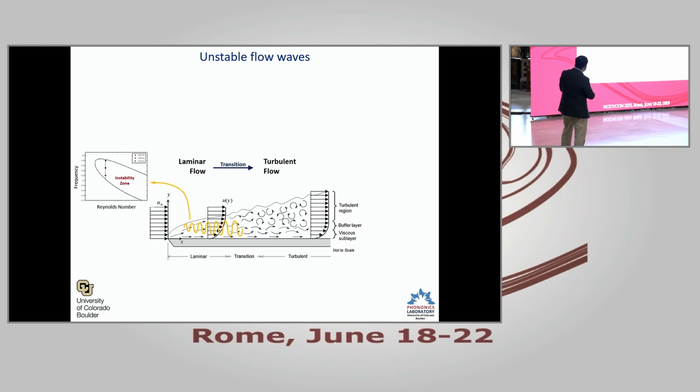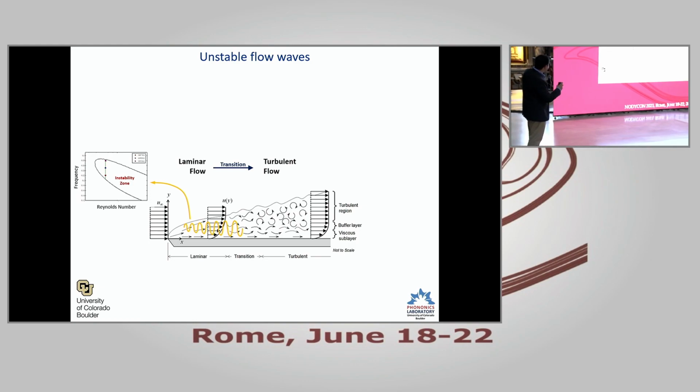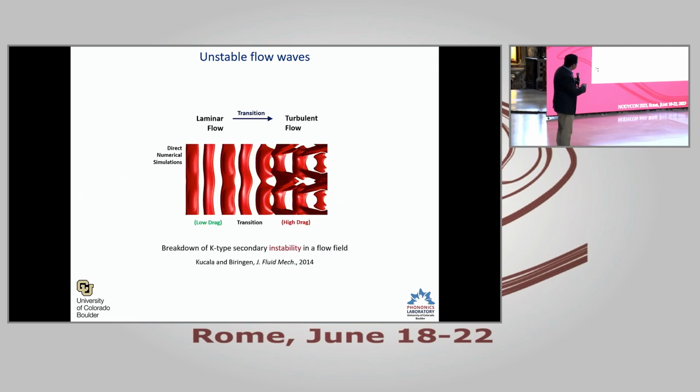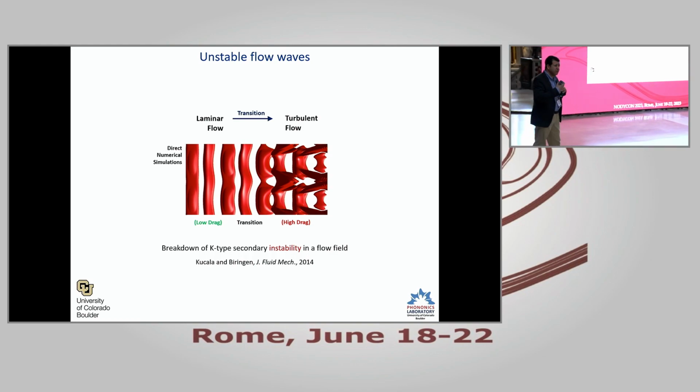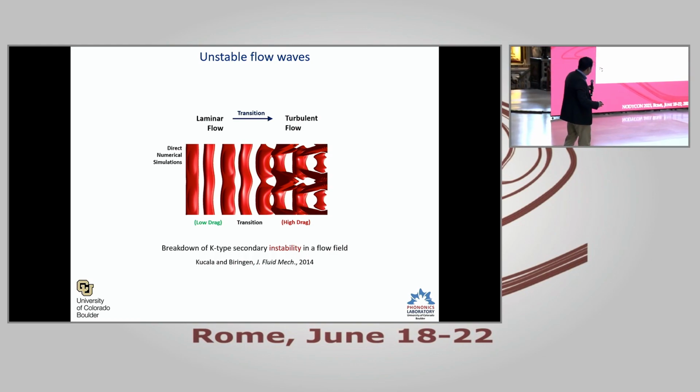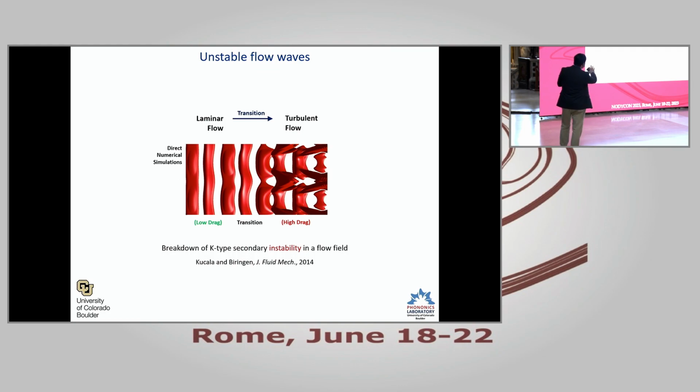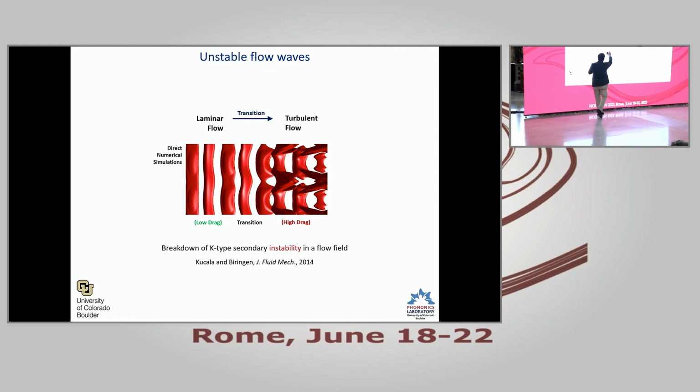So what happens is that we can actually analyze that instability by solving the linearized form of the Navier-Stokes equation, and we can obtain its modal characteristics, so its frequency versus Reynolds number, so we can identify specifically which modes are unstable. This is a picture from my late colleague Sadat Berenjen's simulation that gives you a visual appreciation of what I'm talking about here. You can see this is a transitioning flow, and you can see elements of the wave and then the